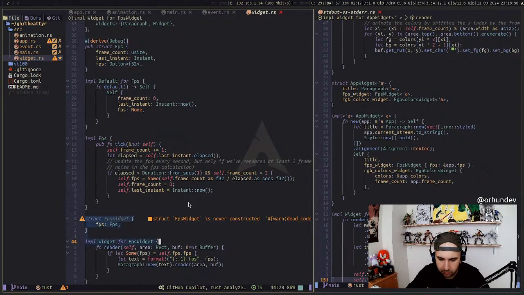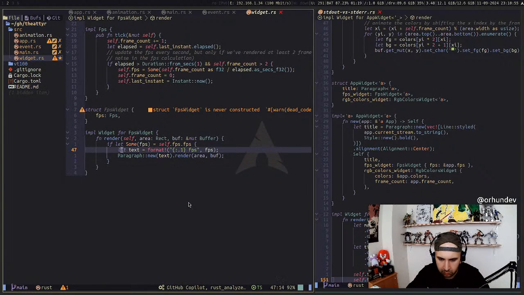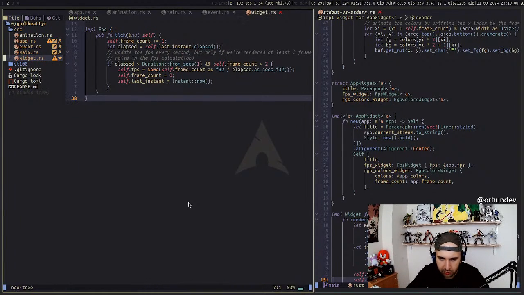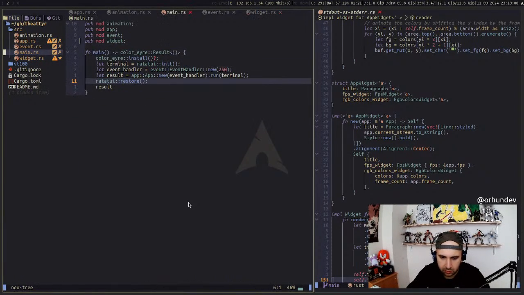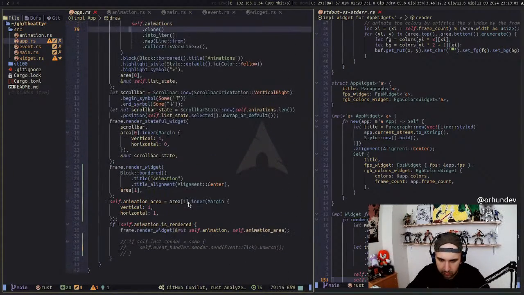Or, yeah, I'm gonna get rid of the widget. Actually, I'm gonna use the raw values and I'm just gonna render it on the block here. So it's gonna be something like